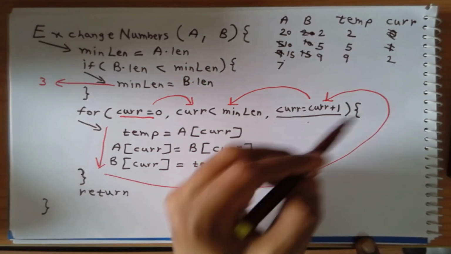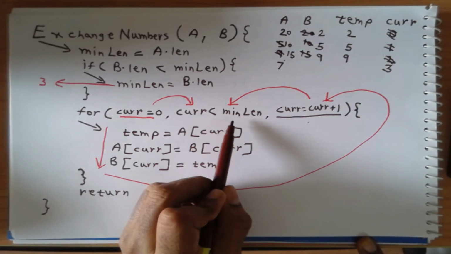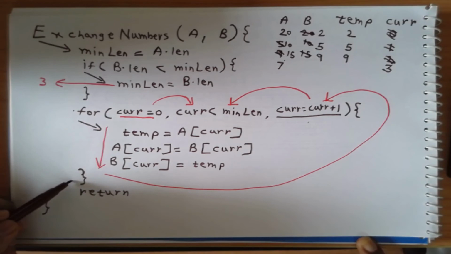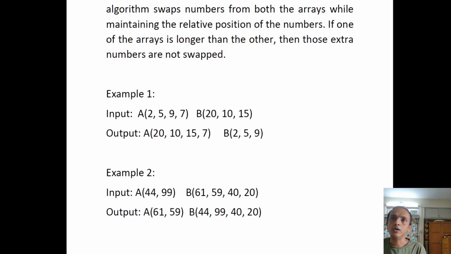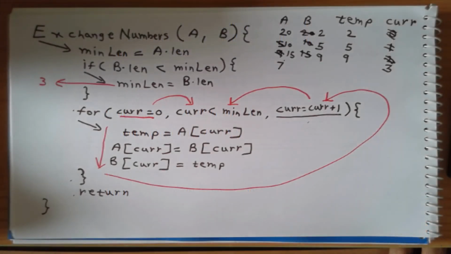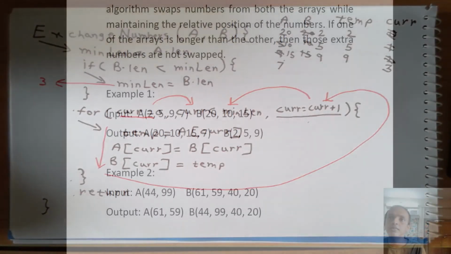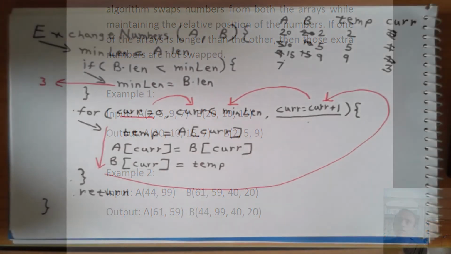Now we'll go to the bookkeeping operation, and now current will be set to 3, and now we go and check if current is less than the minimum length, and that is not true. Okay, so now we will break out of this looping construct and come to the last statement, and that's where we have the return statement. We will return. Okay, and let's see if the output that we have generated is the same as what we wanted. Okay, 20, 10, 15, 7, 20, 10, 15, 7, and then 259. Is it correct? It's 259. Okay, so we have got the required output.